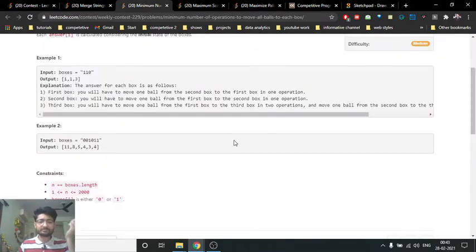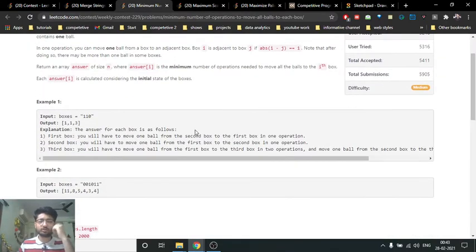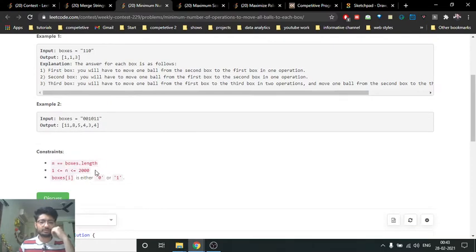Now at first it becomes very difficult to understand how to come up with the solution. But if you just look over the constraints, they are up to 1000, so you can do this problem. I always encourage you to see the constraints also. As you can see, the constraints are up to 1000, so you can do this in O of n square operations. Now this is one more important thing you can do.